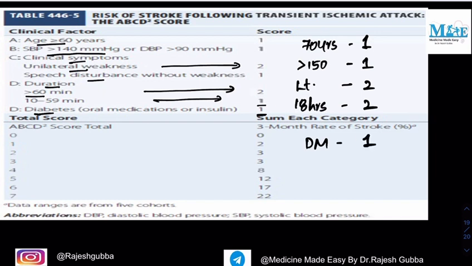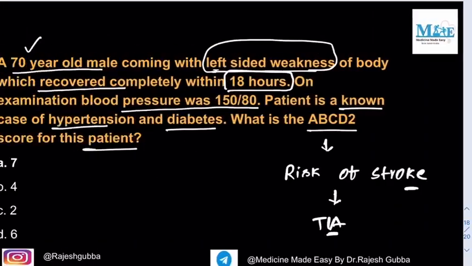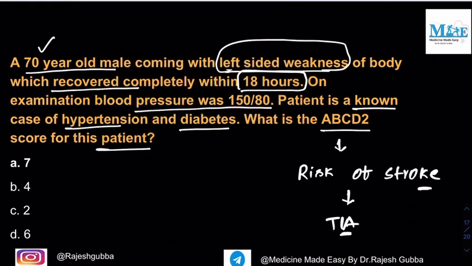So if you calculate the total score, how much is this? This is around 7. So if the score is 7, what is the chance of development of 3-month risk of stroke? The chance is almost 22%. So what is the ABCD2 score in our patient? It is 7. Okay, so this is the discussion of the questions of the quiz